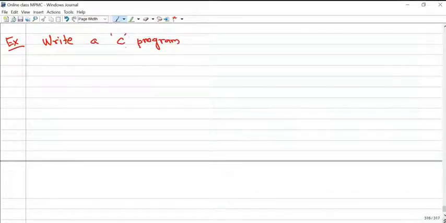Next, write a C program, or rather write an embedded C program. Embedded C is nothing but, here we are using the 8051, so we are incorporating the 8051 microcontroller related registers and their concepts in the C program.